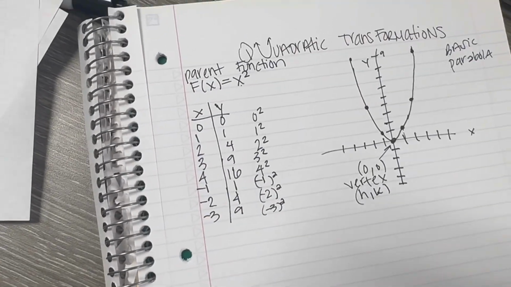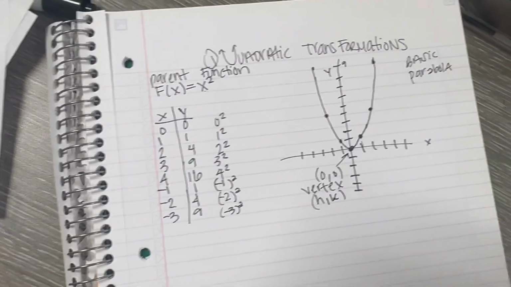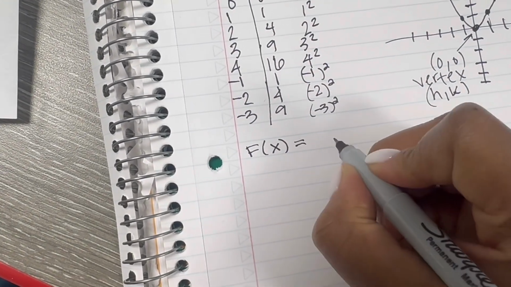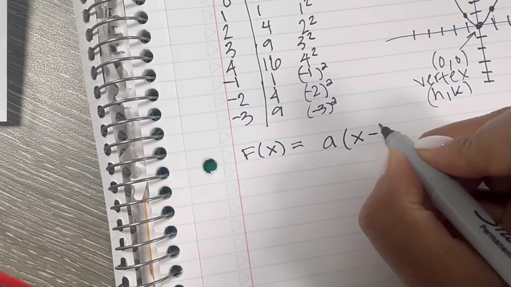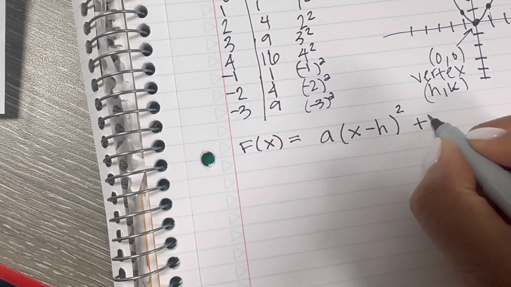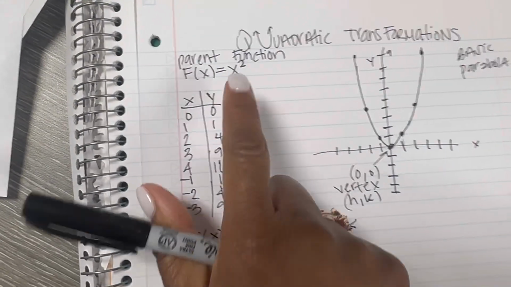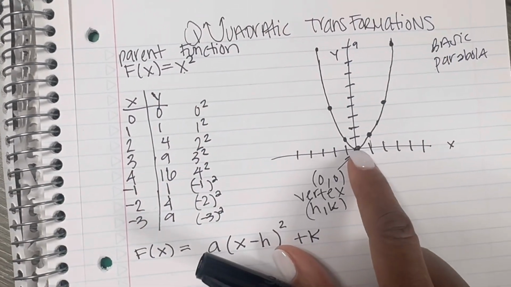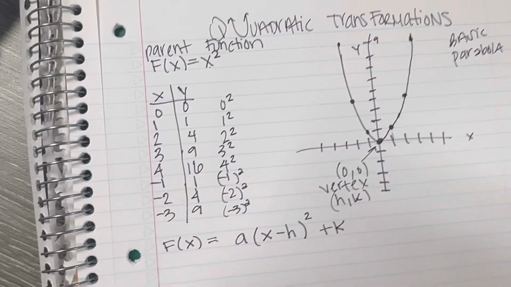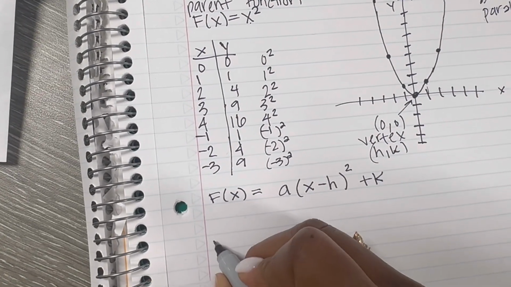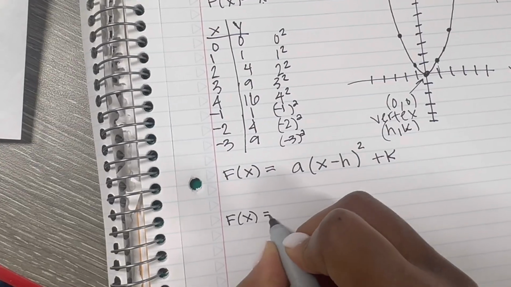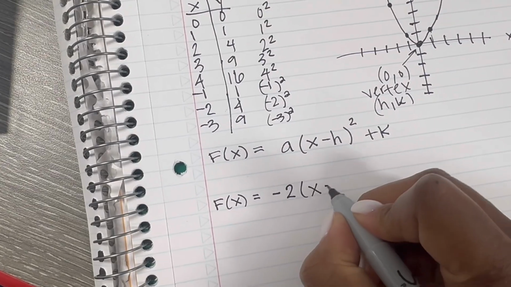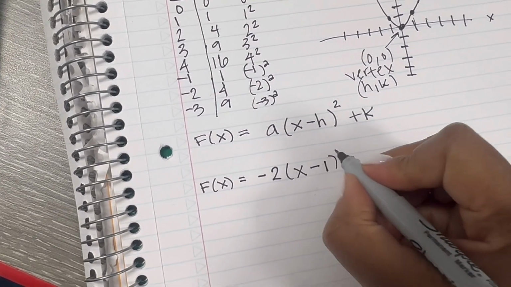Okay, what if we transform this equation to look like something else? Let me give you the basic format for a quadratic in vertex form. It's a times x minus h squared plus k. This is a basic parabola. It's just x squared only, which looks like this shape with the vertex of 0, 0. What if I change it and said, let's instead graph f of x equals negative 2 times x minus 1 squared